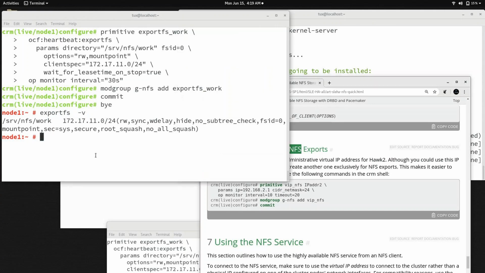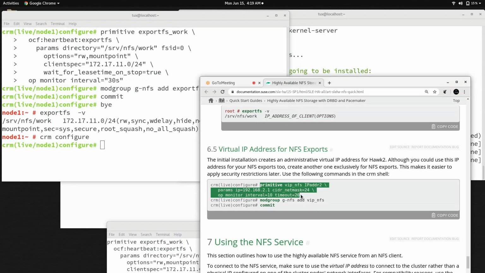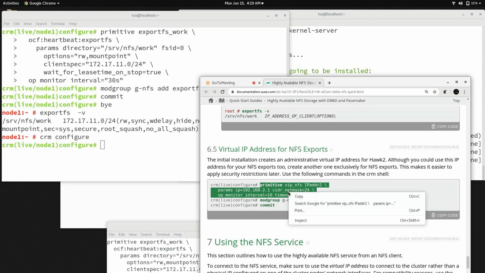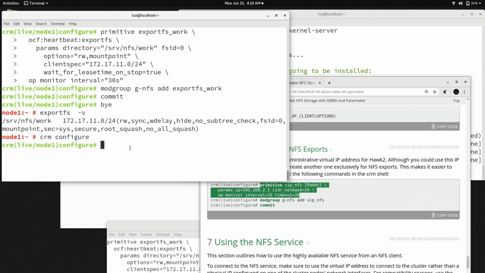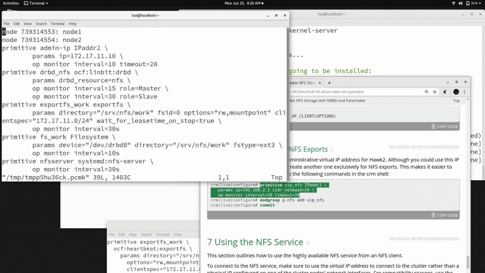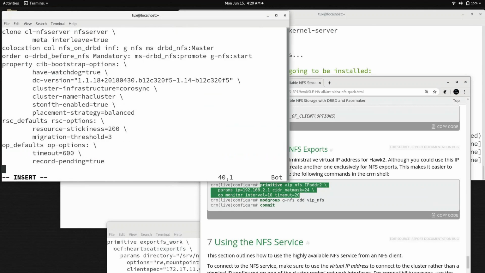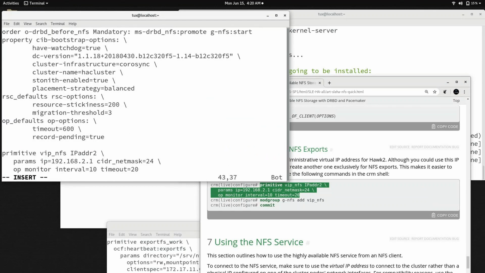So let's create a virtual IP. CRM configure, and you can use the same command. Let's use the same command, copy and everything, right? And I'm supposed to go to this file somewhere down. I need to choose my IP address because my network is not this one.